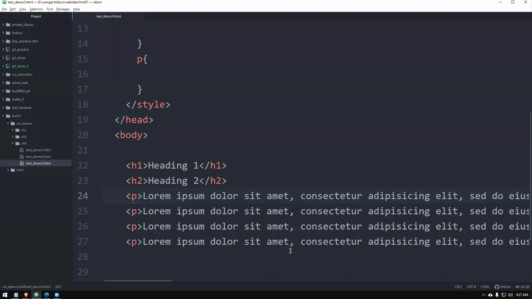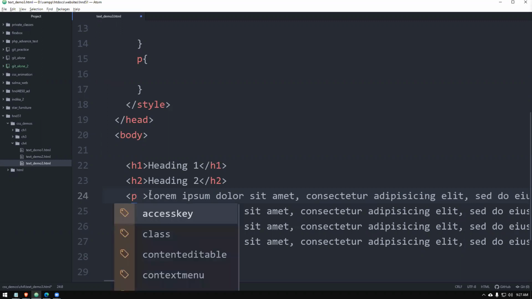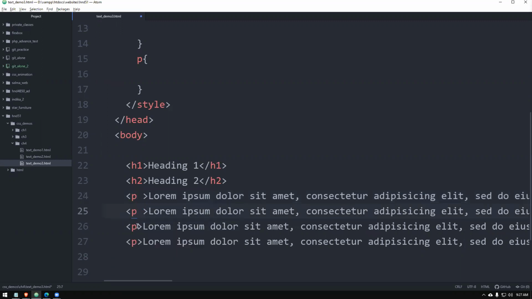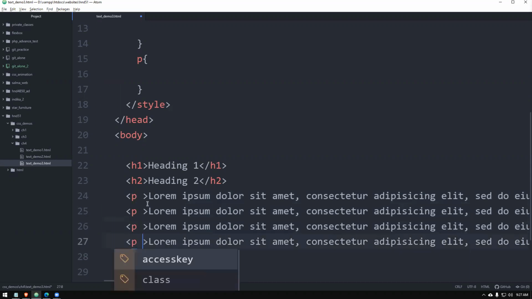Okay, let's continue. I hope you have already created this part now. 2 headings, 4 paragraphs we have. For these paragraphs, children, let's give 4 class names, so that we can give different formattings, right?